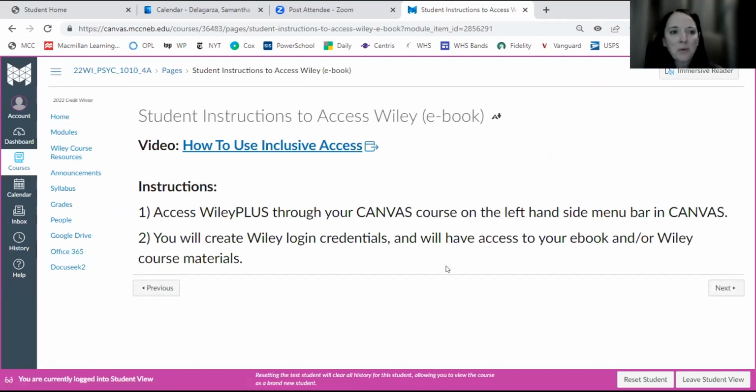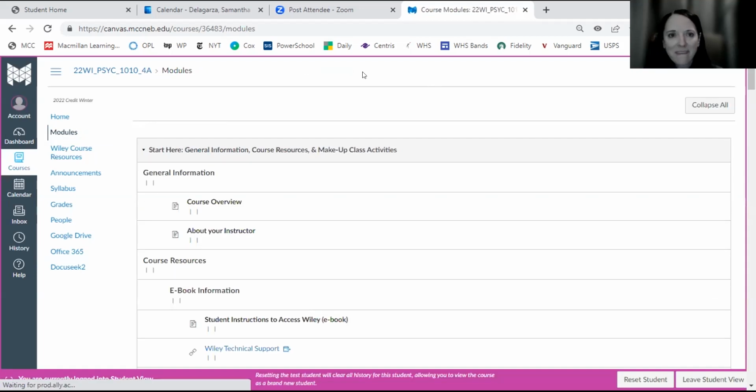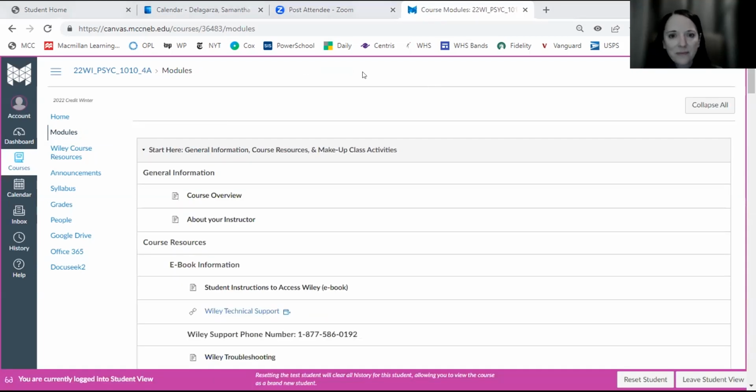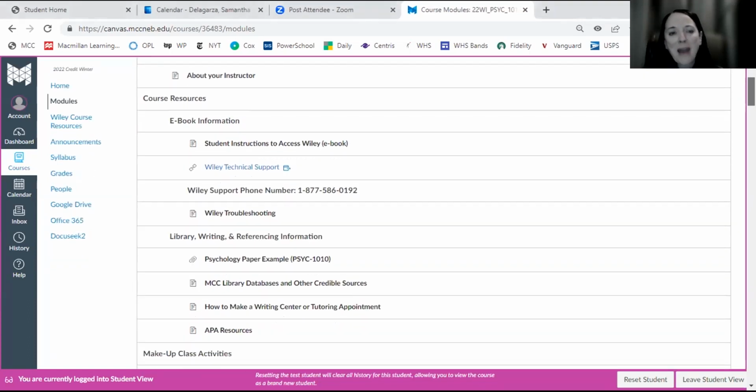And then I won't take you through each page, but since we use an online textbook, I tried to link resources for students as far as how to use the textbook and how to troubleshoot problems that might arise. And so if I go back to modules here, let's see. I will show you how I link the videos. If I go back to